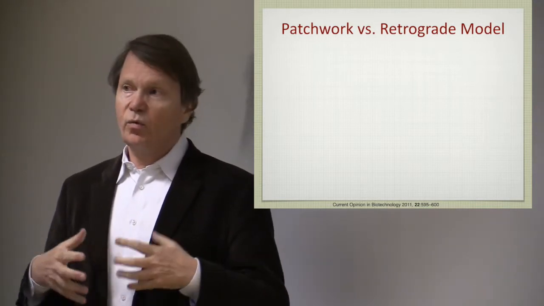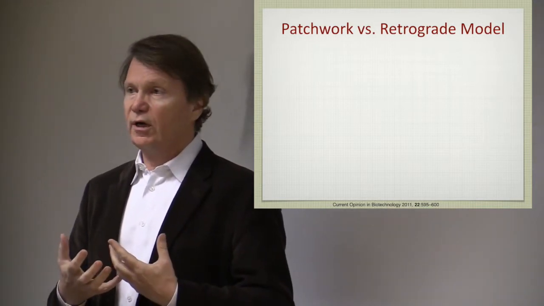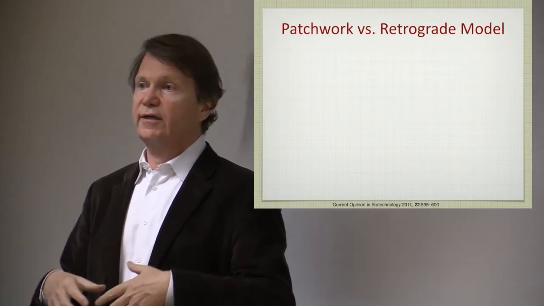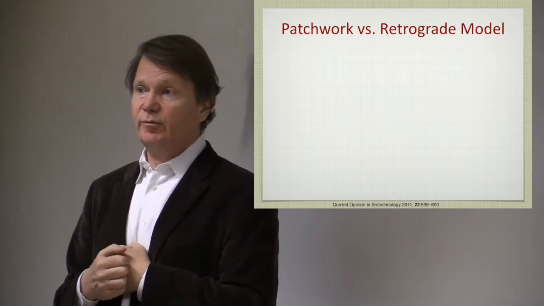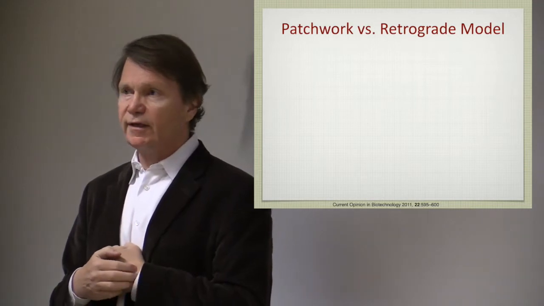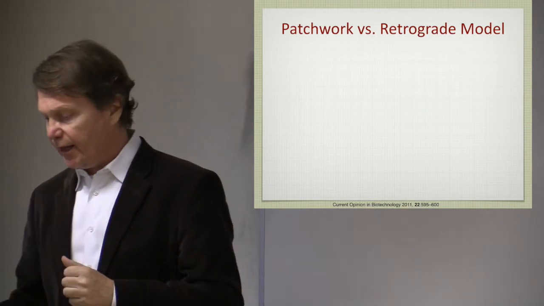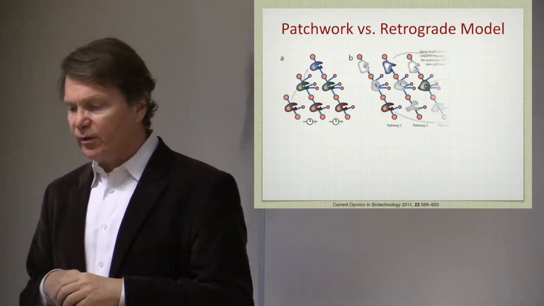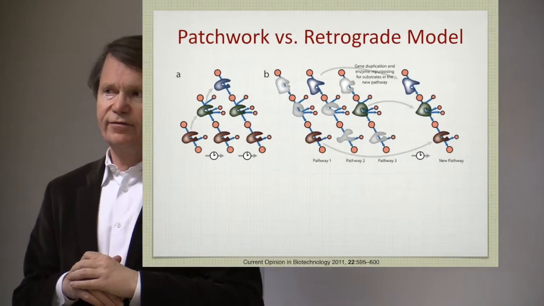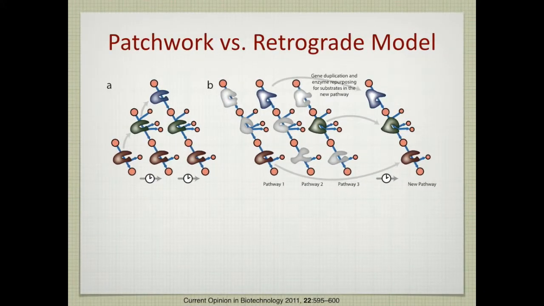So, when we're looking at an organism like Thermatoca, it's an evolved organism. It's developed pathways to do different things. And there are different models that have been proposed for pathway evolution. There's something called the patchwork model, shown on the left here, that assumes there's a gene duplication, and an enzyme that acts on a metabolite learns how to act on its product, and then there's another duplication event, then slowly a pathway develops. The retrograde model that's shown on the right